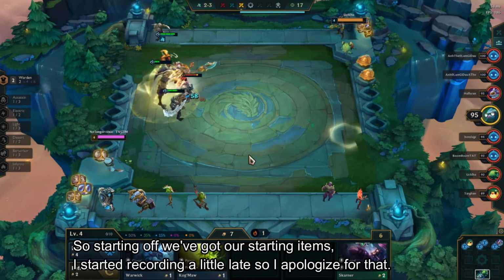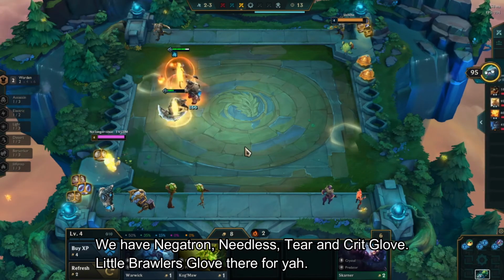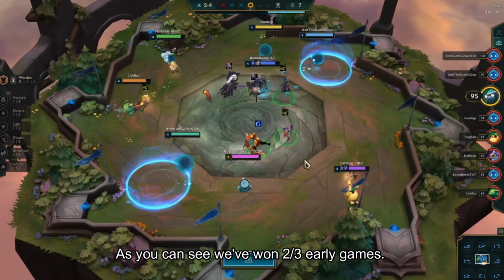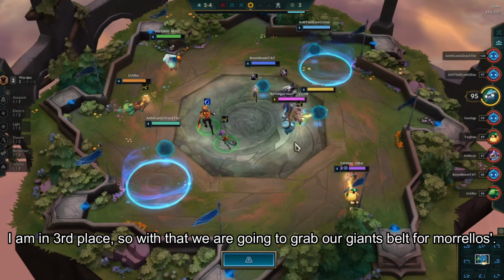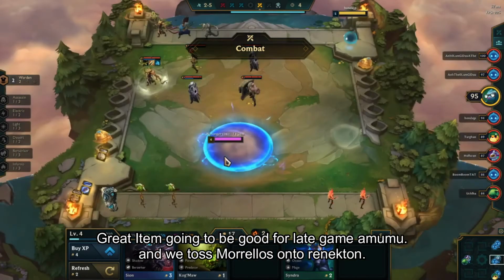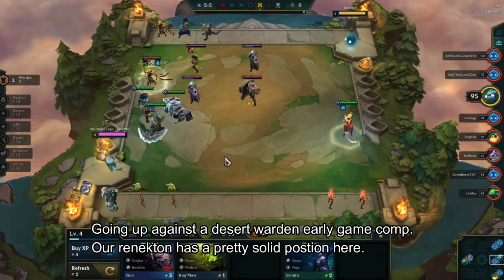I started recording a little late, so I apologize for that, but we've got Negatron, Needless, Tier, and Crit Glove, little Brawler's Glove there for you. And as you can see, we've won 2 out of our 3 early games, and I am in 3rd place. So with that, we're gonna grab our Giant's Belt for Morello's. Great item, gonna be good for late game Amumu, and we toss it onto our Renekton, going up against a